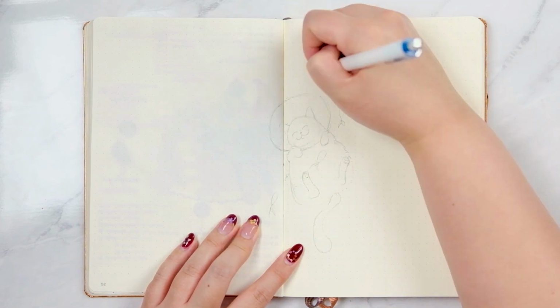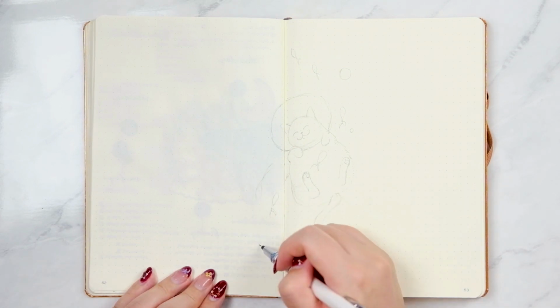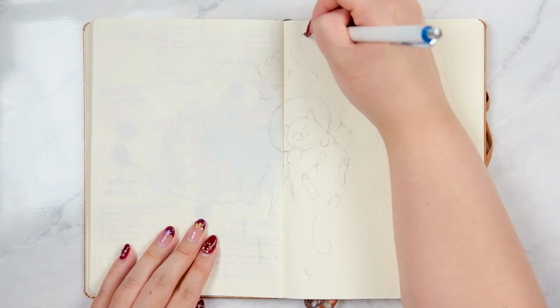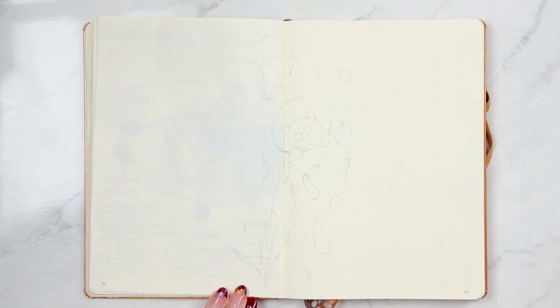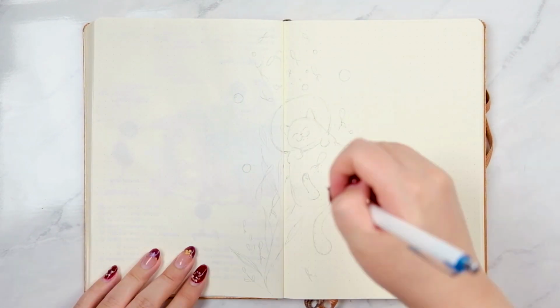And so I thought of a way to incorporate a happy fat cat along with the ocean thing that we're doing for this month. So the concept was having this cat floating through the water. He's got his little safety air bubble on so that he can breathe, obviously, and he's got a flurry of